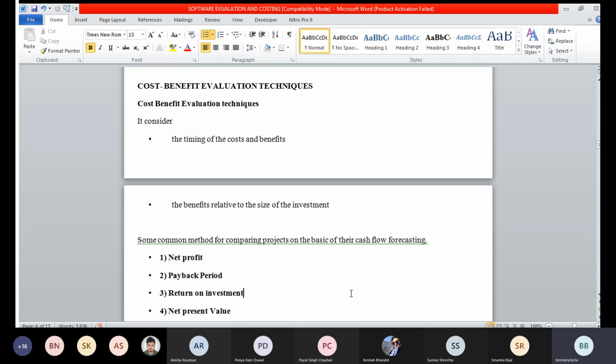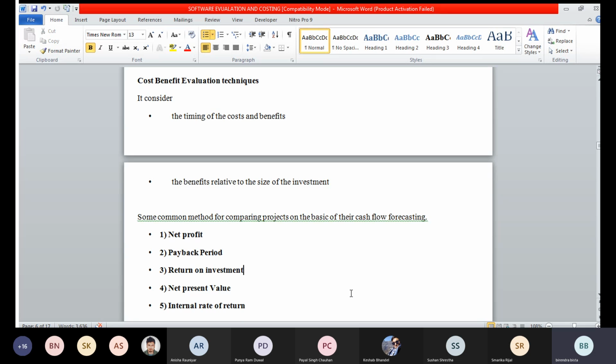So let me scroll a bit. I mean 1, 2, 3, 4, 5: net profit, payback period, return on investment, net present value and internal rate of return. So most probably हामीलाई अर्को दुईटा क्लास चाहिँ यो पार्टहरू कभर गर्नलाई लाग्छ है त।